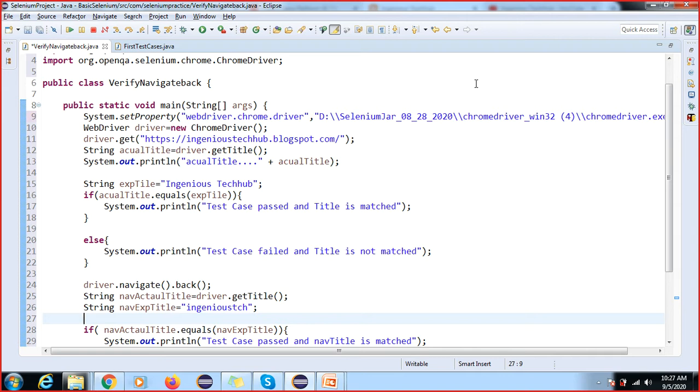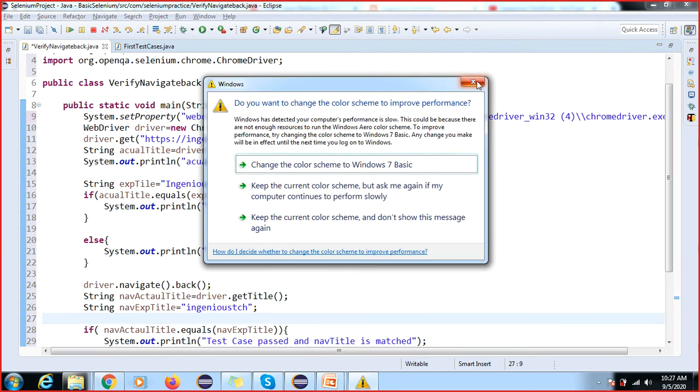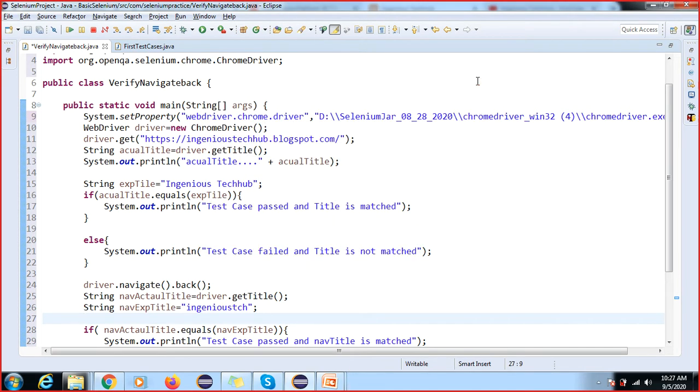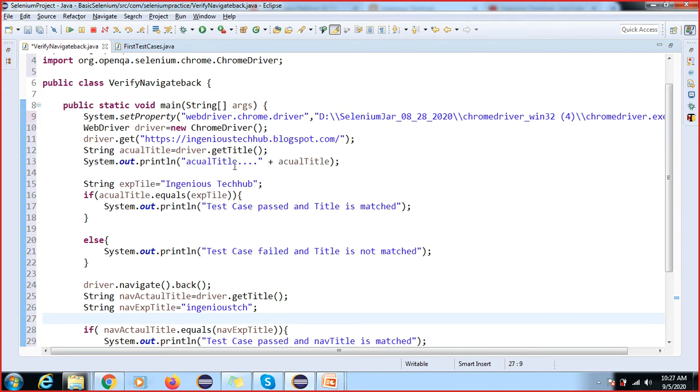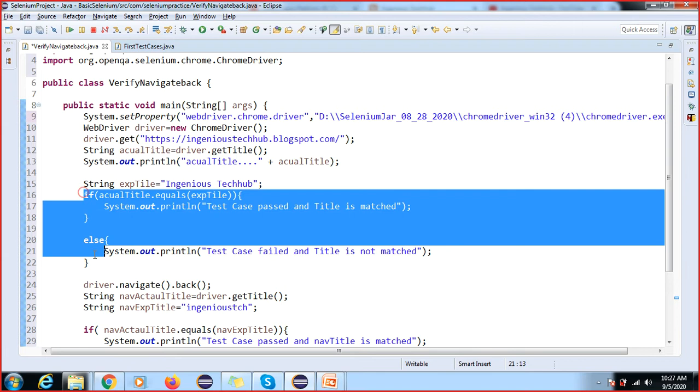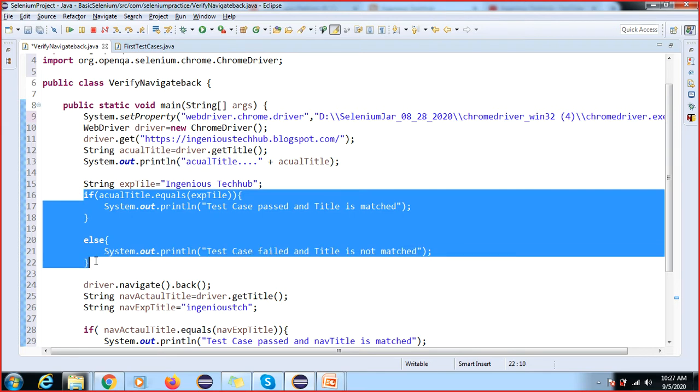The get method will accept a string type value, and after that I am going to verify the title of the page. Get title is a method which will return a string type. I store it inside this actual title variable. Now I'm going to print using the print statement, and after that I took this expected value, and we are comparing this actual title and expected title by using an if else condition.